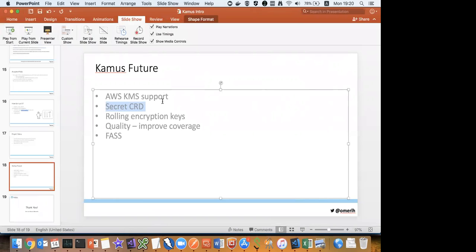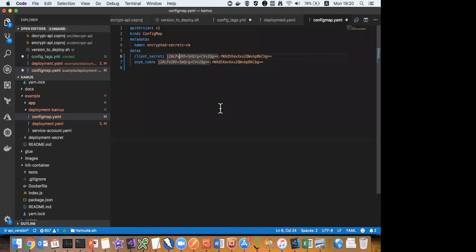Because of how Camus works, and because I think we did a pretty good encryption mechanism, I actually don't mind if the config map is on all the nodes, because as long as you don't have the appropriate service account or the token of the service account, you can't decrypt this data. So it kind of answers your question from a different angle. It's not a perfect mechanism, I know, but it's something.